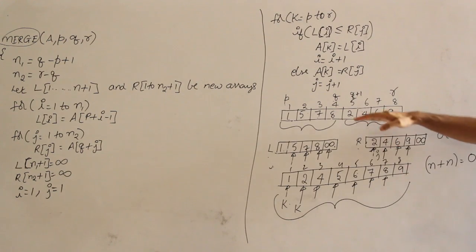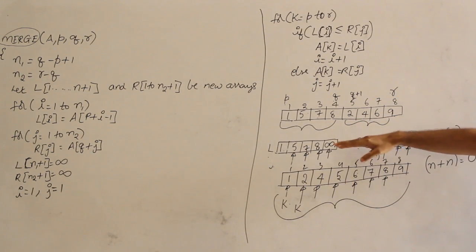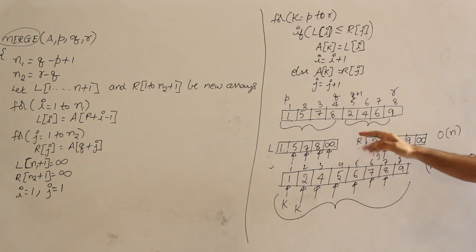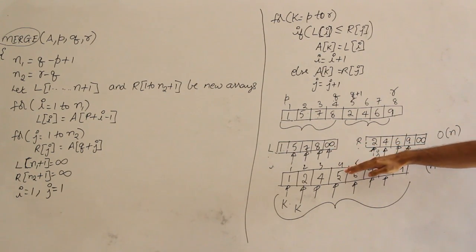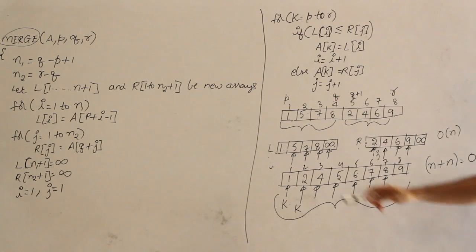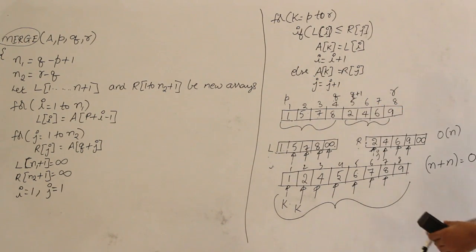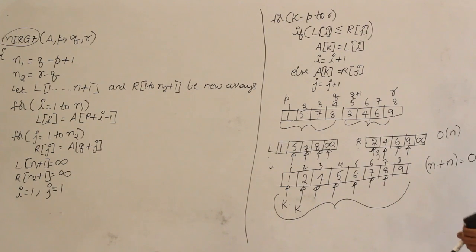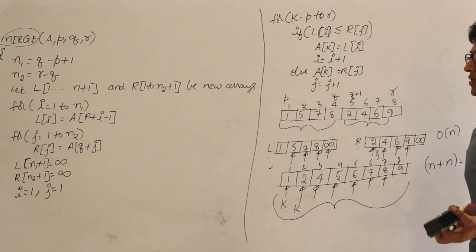So the first thing is, for copying the elements into two different lists, time taken is order of n, and then for copying the elements from the two different lists back to the given array, it is going to take order of n. Therefore the total time complexity required by this merge sort is order of n, right? That is the heart of the algorithm. So the questions on this might be,